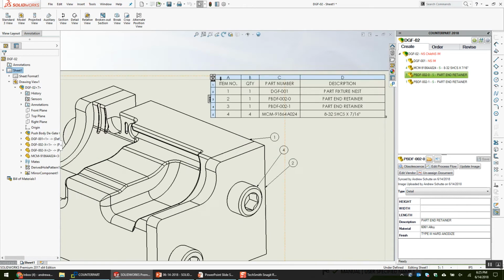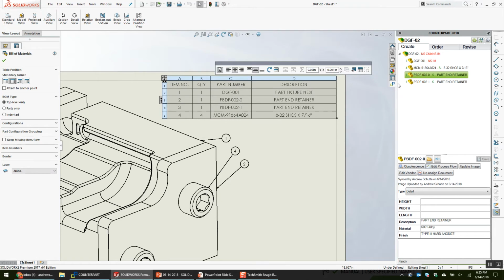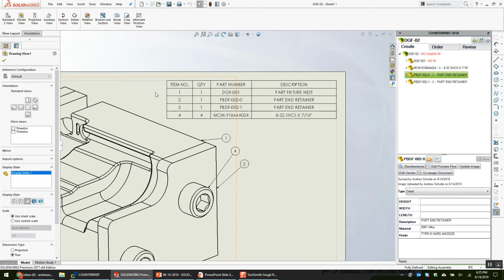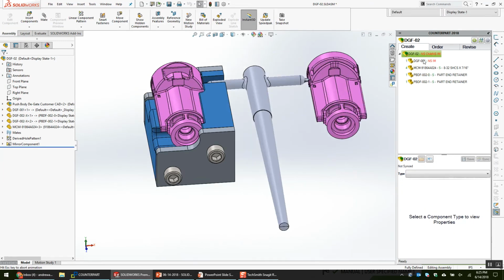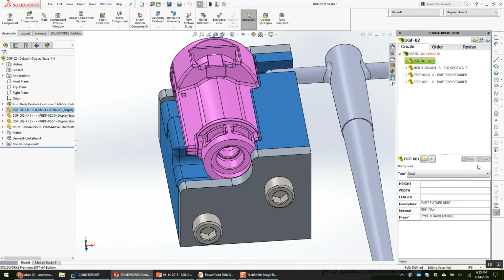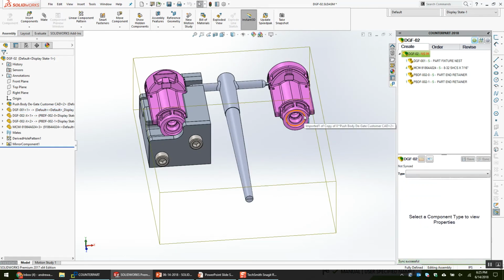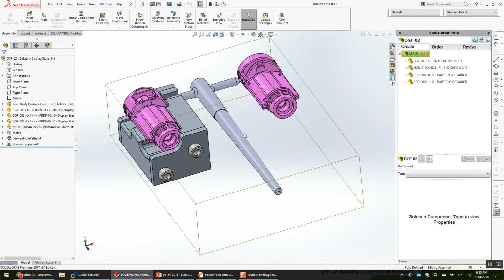So whatever the SOLIDWORKS bill of material shows here, Counterpart will show you the same thing. The advantage of Counterpart is you don't have to have the drawing to do it, and from here you can manage your files and manage your properties and do everything that you need to do without actually opening up or having a drawing. So it's a very good way to iteratively validate your design without having to switch through and open a bunch of